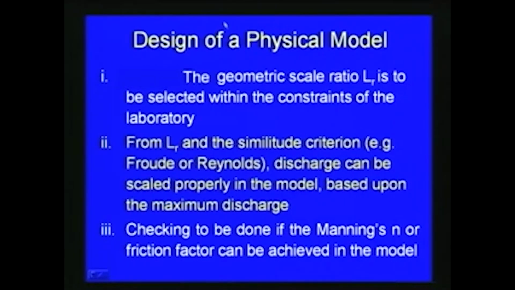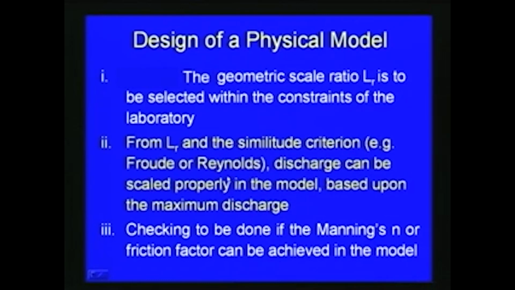So, before closing this chapter, let us see some of the important steps as far as the design of a physical model is concerned. Some of the important steps are listed here. The first one is that the geometry scale ratio is to be selected within the constraints of the laboratory. This is important when we are modeling a river or a hydraulic structure like a dam or spillway. We have to see how much space is available, and what the scale ratio can be. That is the first point, and the second point is from the scale ratio and the